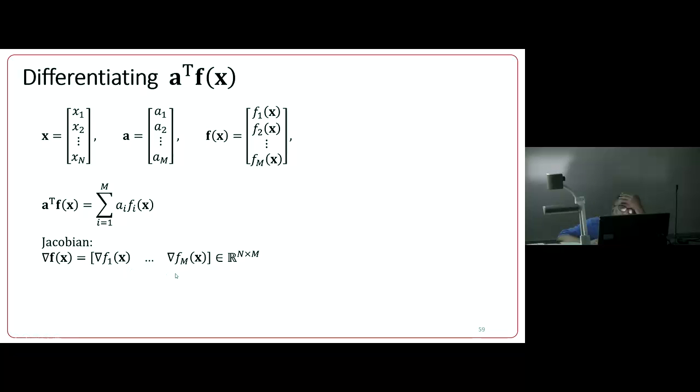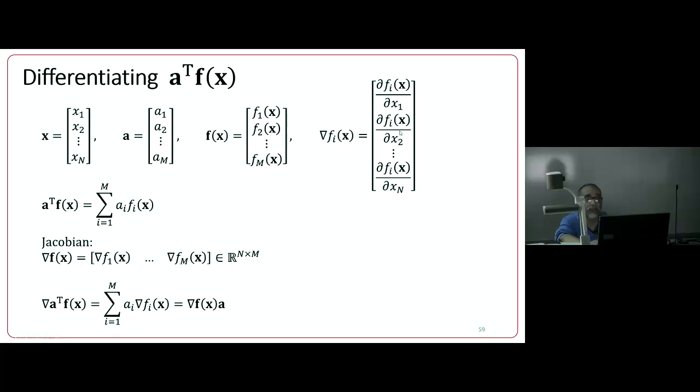So the Jacobian is this. Each column is a gradient of one of the scalar functions. This is del of A transpose. I can write it in this way, which turns out to be the same as if you replace this del f of x with this matrix here, you'll get del f of x times A. Okay, so this is the gradient of each scalar objective. So this is how we got, when we differentiated the Lagrangian,